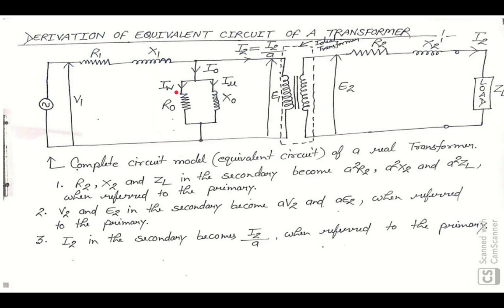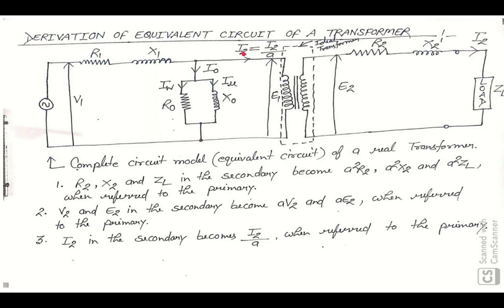Now you know very well, as we had discussed earlier, IW and I mu. I mu is the magnetizing component, it magnetizes the core, and I mu is also called the reactive or wattless component of no load current. IW supplies the hysteresis and eddy current losses in the core and the negligible I square R loss in the primary winding. So IW is called the active or wattful component of that current.